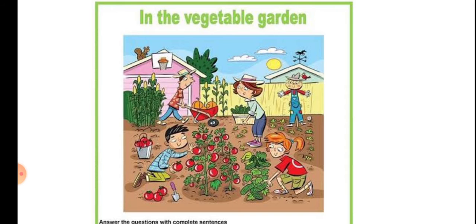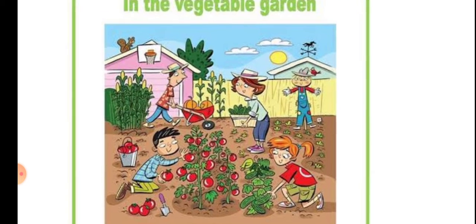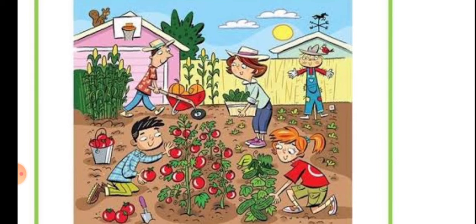First of all, in order to do the picture description, we have to observe the picture carefully. We have to observe the details given in the picture. For example, we are supposed to observe the location where the picture is set. For example, in this picture, the people are present in a garden.